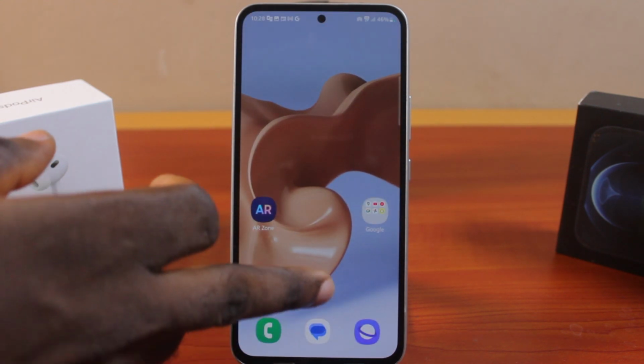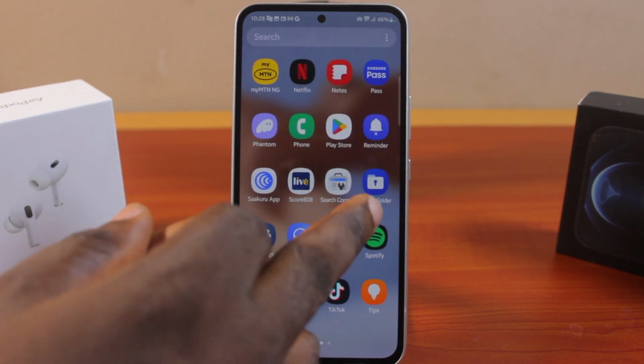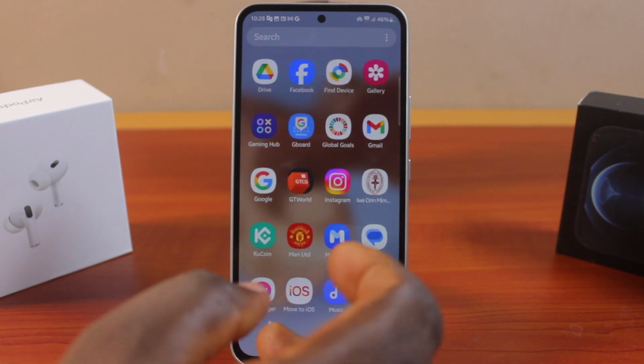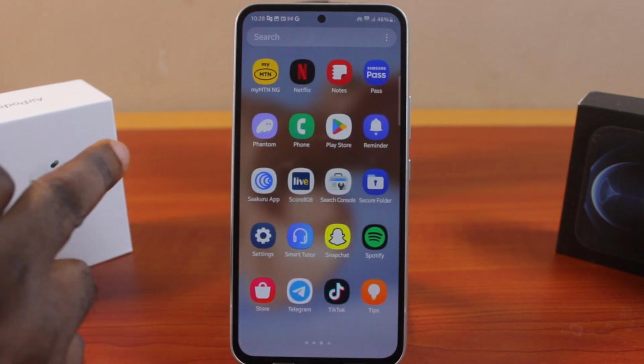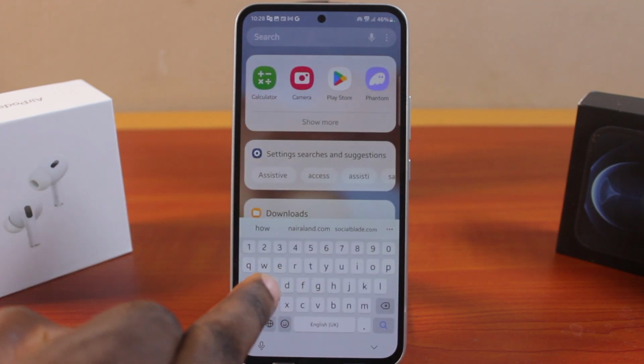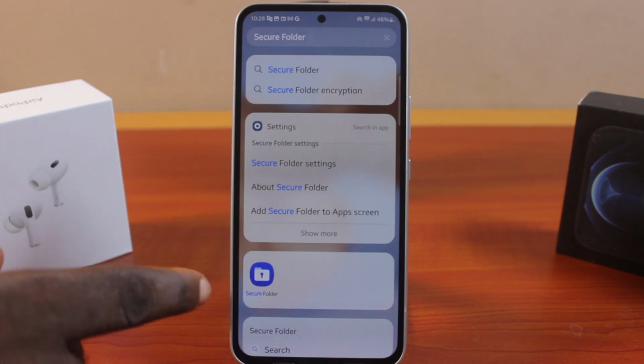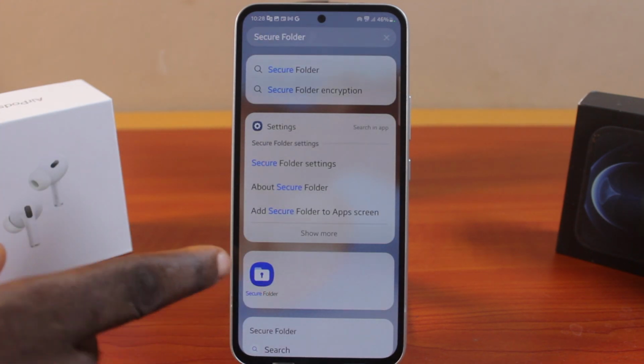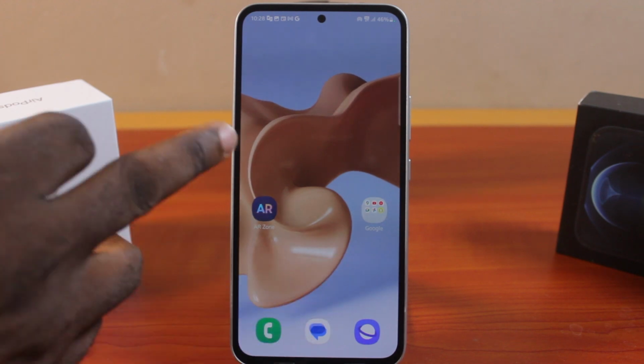your Samsung phone app screen like this. Then check through and you see your Samsung phone secure folder added to your app screen. If you cannot find the secure folder just like this, just come to the search page and search for secure folder. Then you should see the secure folder here. Then if you click to open the secure folder, you'll be able to access the secure folder directly from your